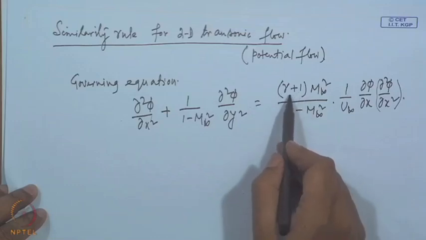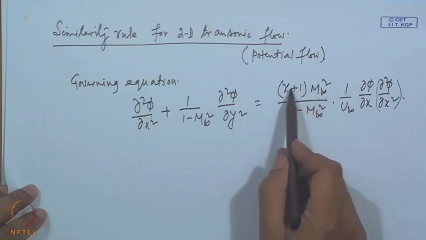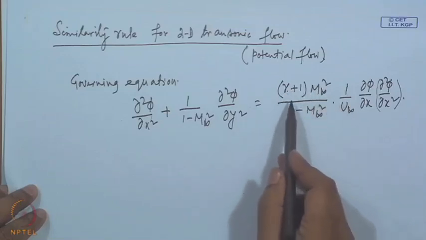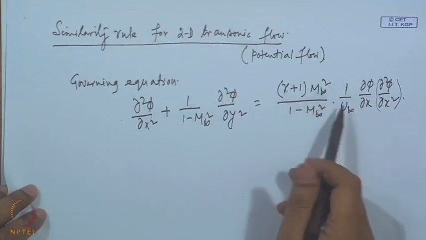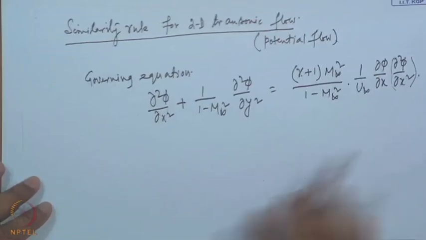Once we obtain those conditions, we will try to frame the similarity rule. So, first of all we will consider a solution corresponding to free stream speed of u infinity or m infinity in a gas, since in this case the gas itself is also present in the equation. So, we have another additional option where we can change the gas also. So, first step,